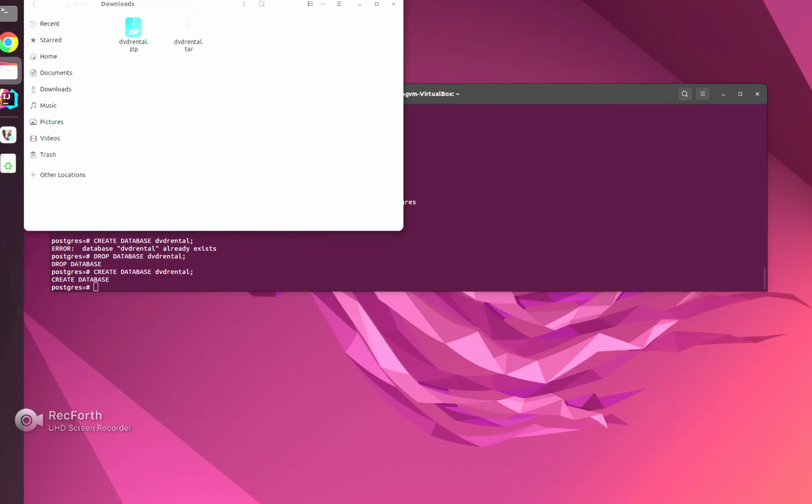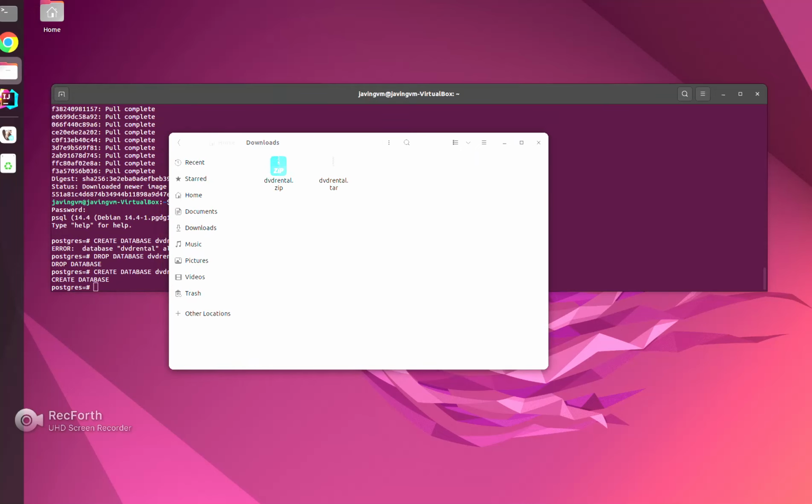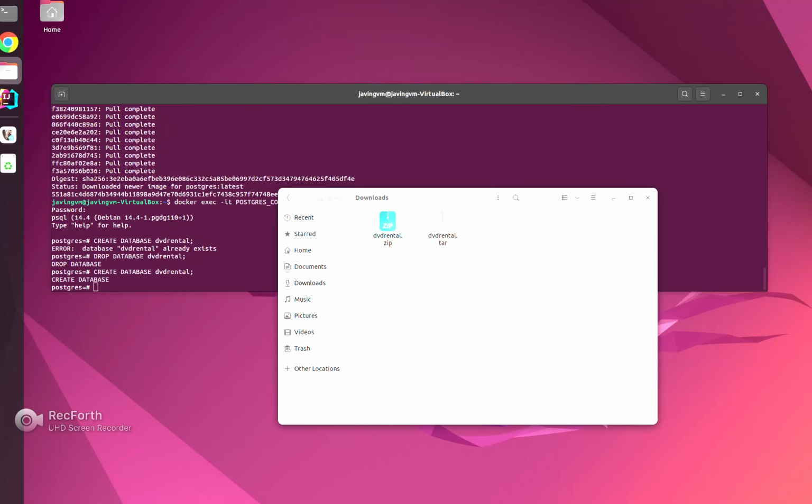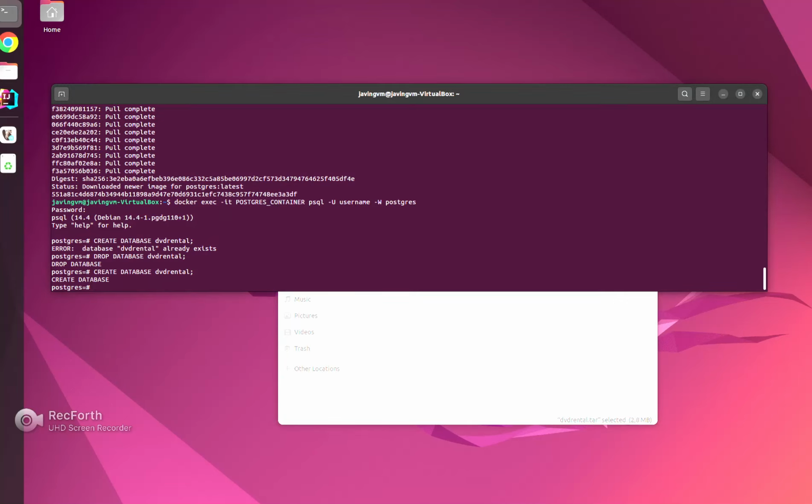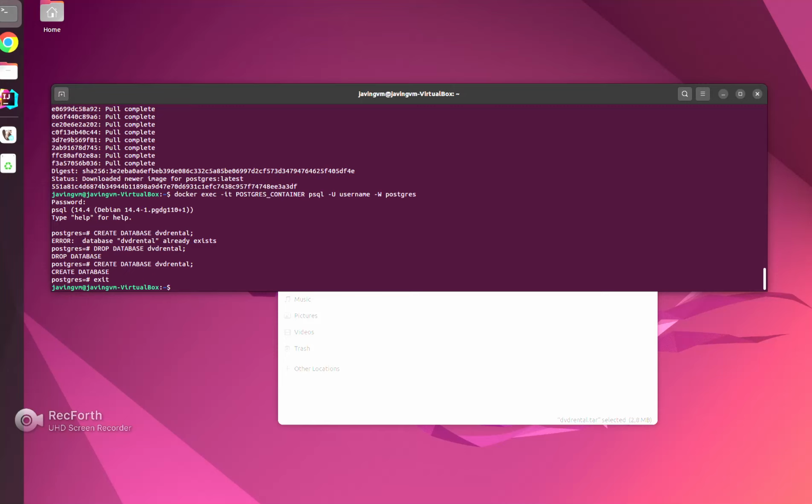So I downloaded this from the internet, and here is the dvdrental database. The tables, it's just the tables. So inside here I extracted this tar file, and we're going to copy it into the container, and then we're going to execute it, and it's going to add all the tables for us. So let's see how to do that. So we need to exit the container for a moment because we cannot take it from inside the container. We need to be outside to put it in. So I'm outside,